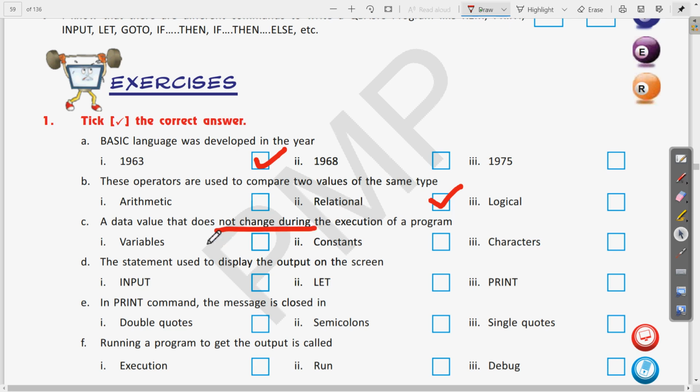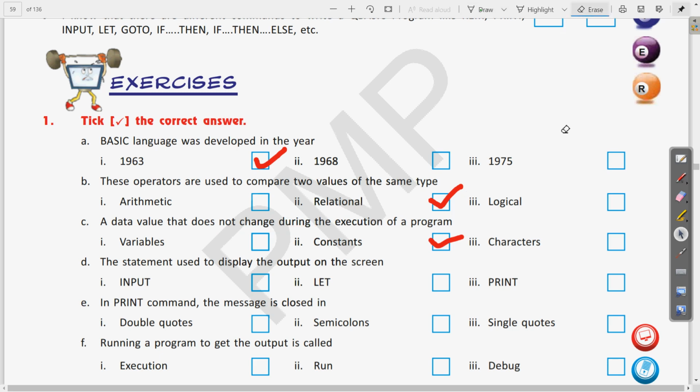We know that a variable is something which changes. The second option is constant and the third is character. Character is the single alphabet which we write, and a group of characters is called a string. So here the answer will be constant. Clear? Any data value which does not change during program execution is called a constant.